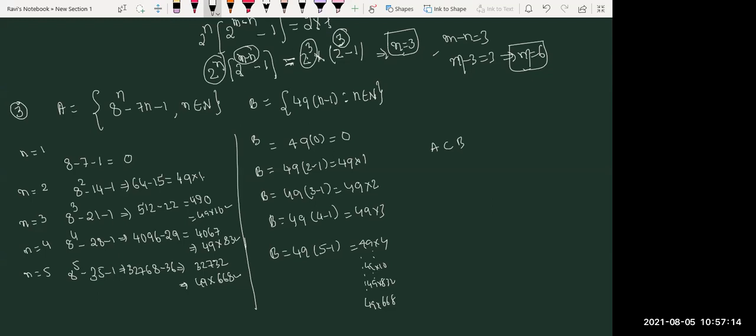All the numbers whatever you get in the A set will be there in the B set, or are B set numbers there in the A set? All numbers we get in A set are there in B set, sir. That's why A is a subset of B. Understand? These A numbers are there in B numbers, but B numbers are not there in the A numbers. Correct or not?